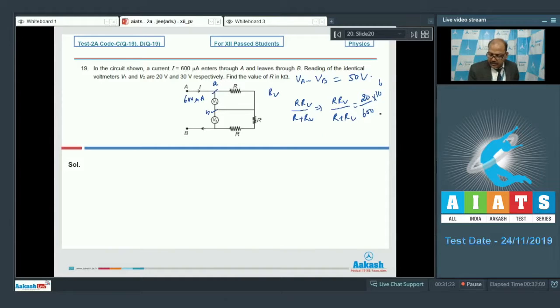Let's simplify this. Okay, so this is the value in SI units. Now if I apply the same concept here, we will have